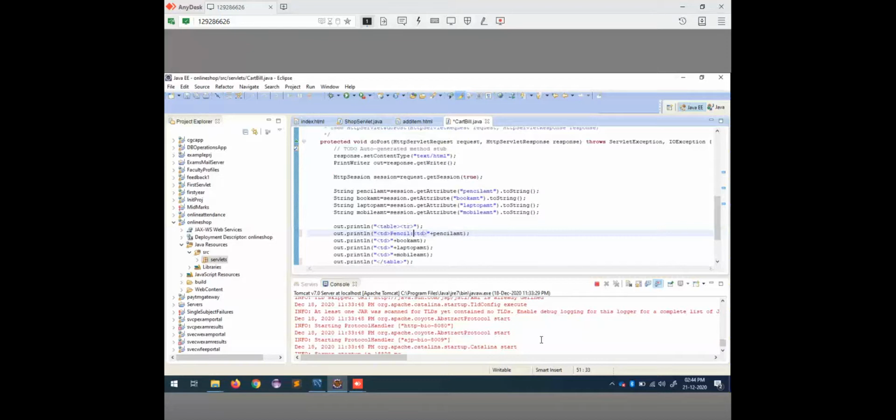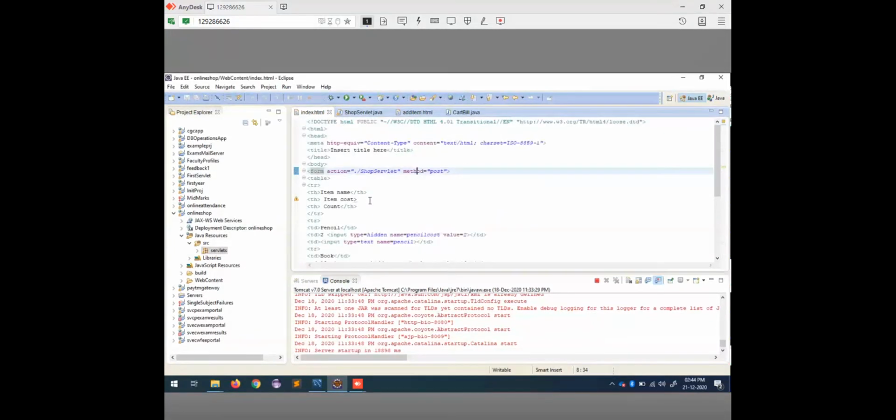Pencil, and then td pencil amount, and then book amount, and then laptop amount, mobile amount. Okay. So here, so far we have completed just the home page for all the items to be displayed,